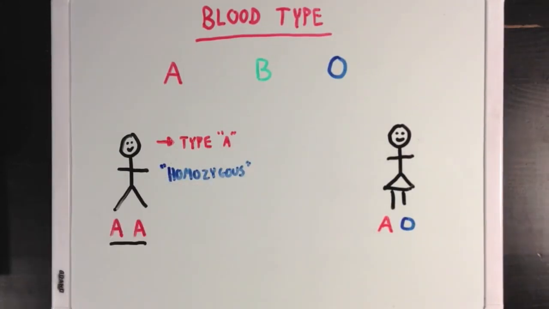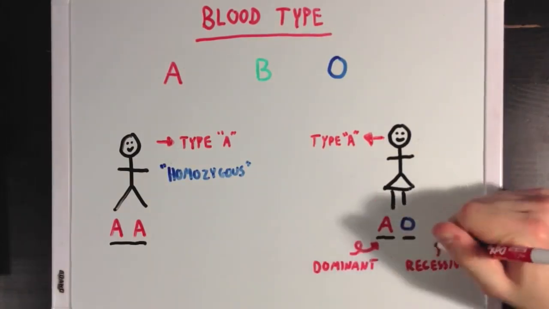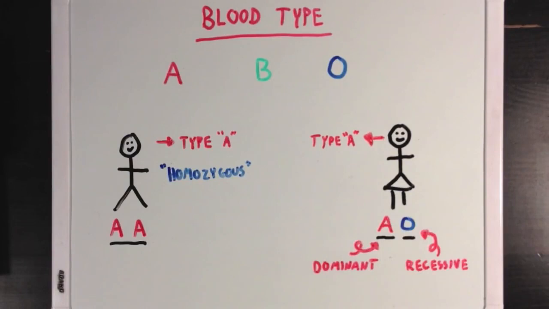Now in the case of the girl, is she going to have blood type A or blood type O? Well, it turns out that she's going to have blood type A, and that's because the A allele is the dominant allele, while the O allele is the recessive allele. When an allele is dominant, that means that if someone has 2 different alleles, it'll be the dominant one that wins. So in this case, since A is dominant over O, which is recessive, A will win,